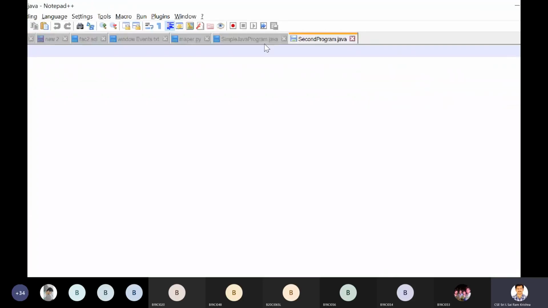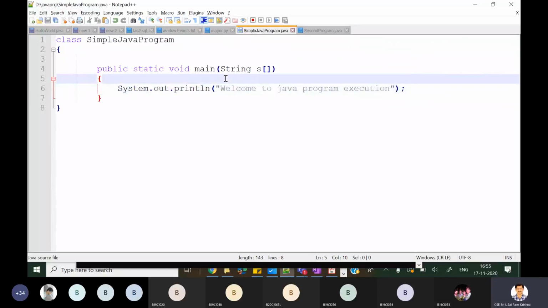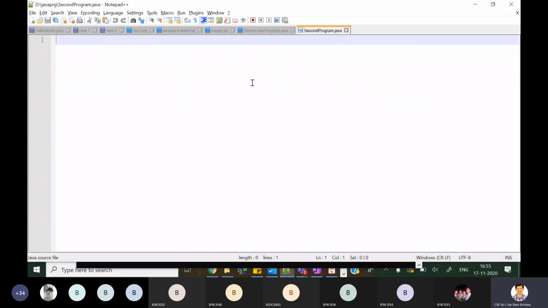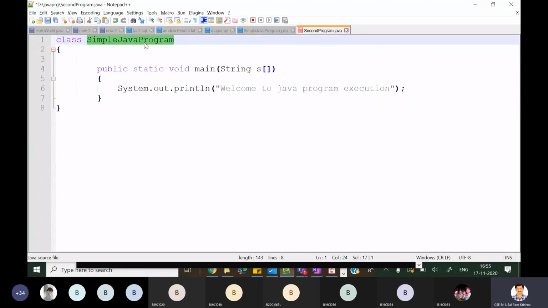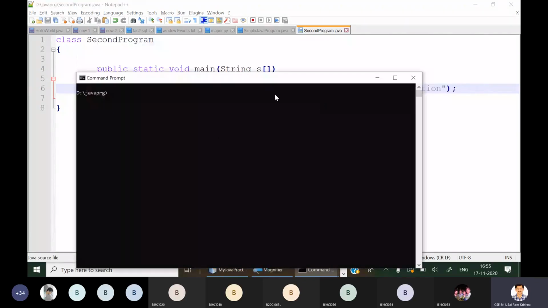Now, not to waste much time, I'm simply copying this code and pasting it here, and let me change the class name to the file name, SecondProgram. Now here, welcome to my second Java program execution. Okay, save this and go back to the command prompt.